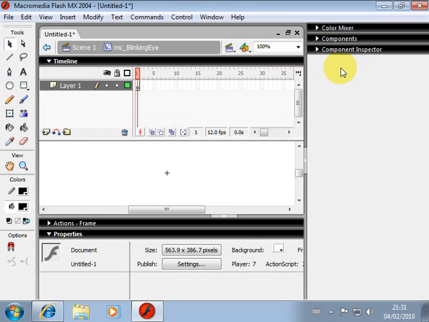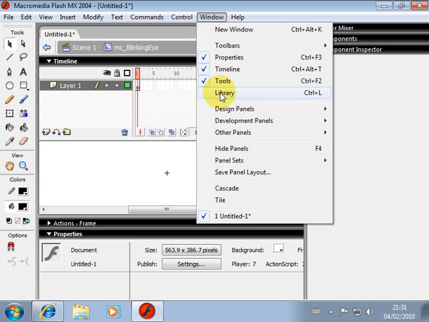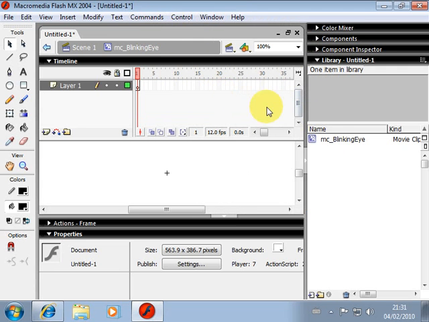Now where's that gone? What you need to do is make sure you've got the library viewed. I like to put everything into my library. I import things into the library and then move them into the stage area when I need to use them. So, first things first, I'm going to